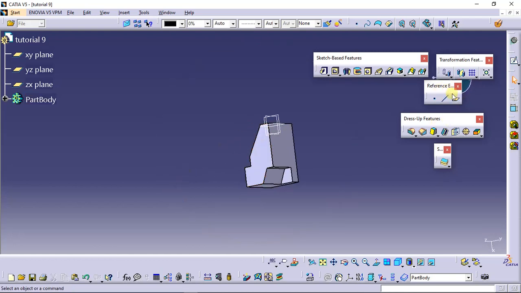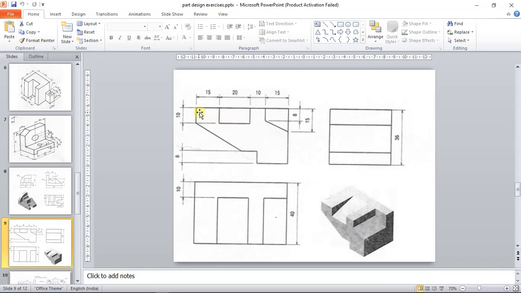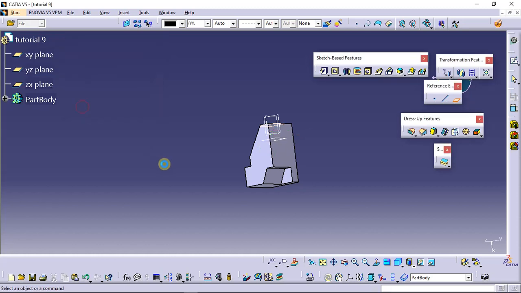Now go to reference elements, select plane. I am going to create an offset plane from the YZ plane. Select YZ plane. I am going to offset the plane at a distance of 15 mm. Click on OK. Now select this plane, go to sketch,